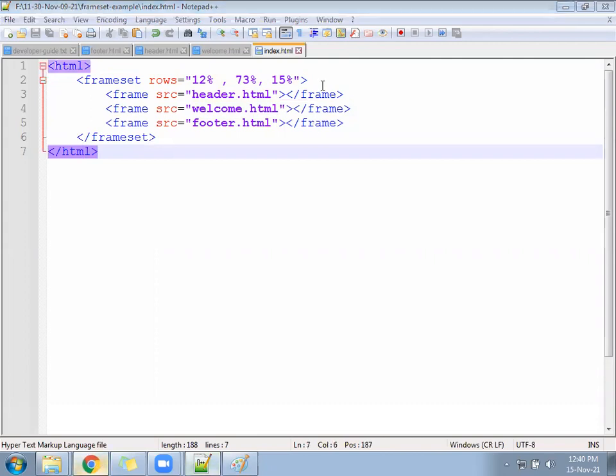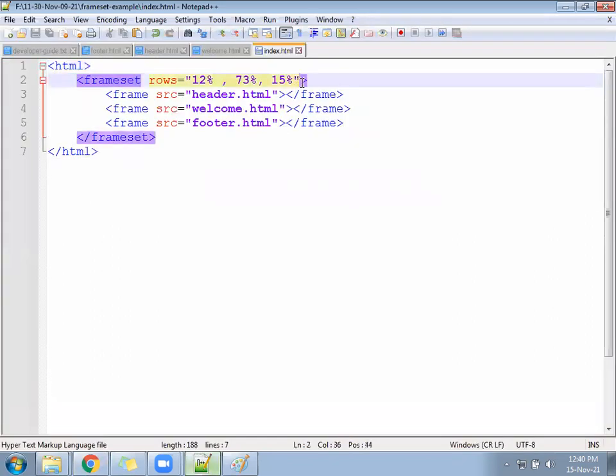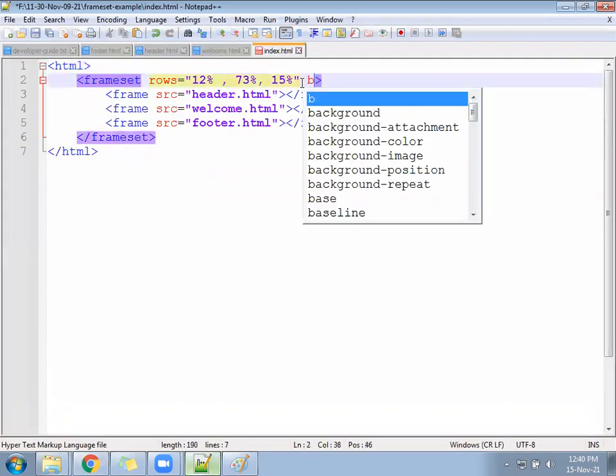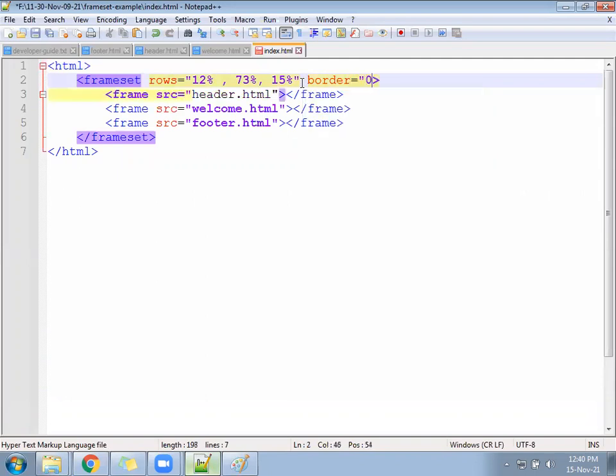Border is coming in between here. If you want to remove the border, we have a property here called border equal to 0. So the border will get removed.